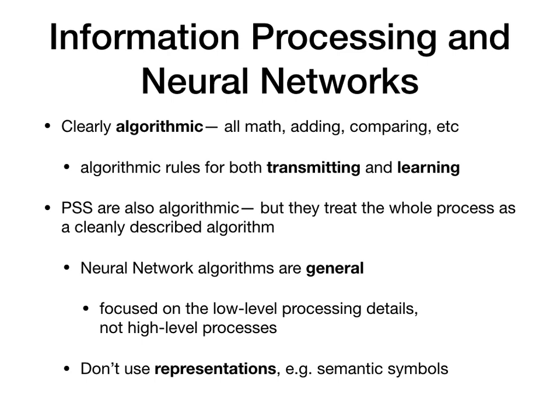So they are clearly algorithmic. I hope that's clear to you, because it's all just math: adding things together, summing them up, editing that math, changing the parameters, all that stuff. And the great thing is that it has rules for both transmitting information and learning, right? We have the delta rule, which helps to understand how to update the perceptron, and just the way the perceptron works, right, for how it transmits information. So that's cool. But here's the thing: